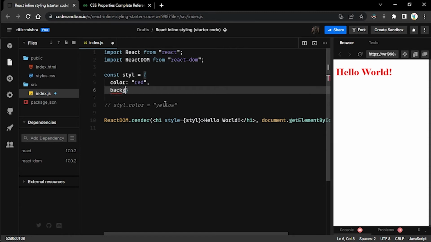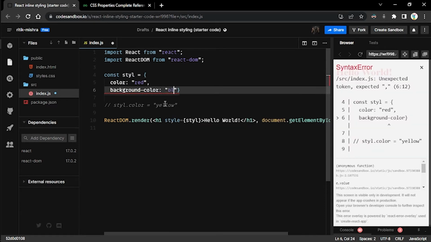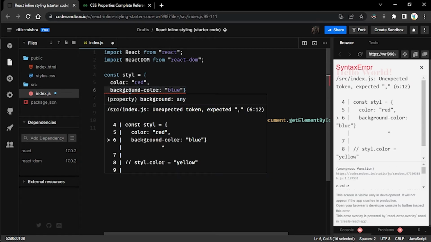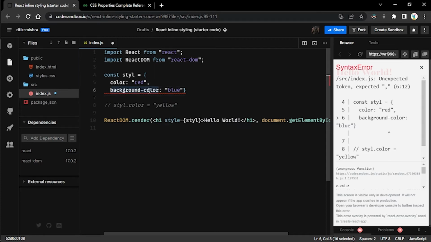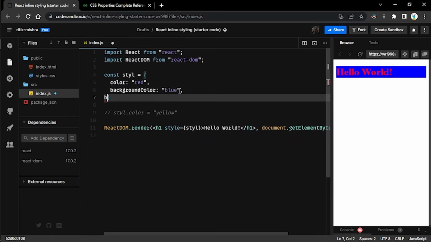Now you might be thinking that we should write it like this, but this kebab case convention is relevant only when we are writing CSS code. This right here is not CSS, this is JavaScript. And which convention is prescribed for JavaScript? It is the camel casing one. So in this, the first letter of every subsequent word should be capitalized. So let's say I do it like this, and I apply one more